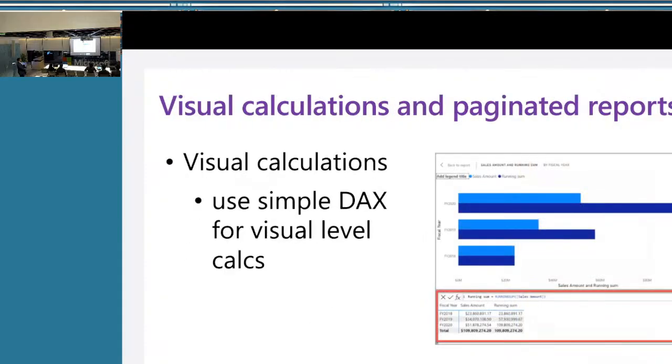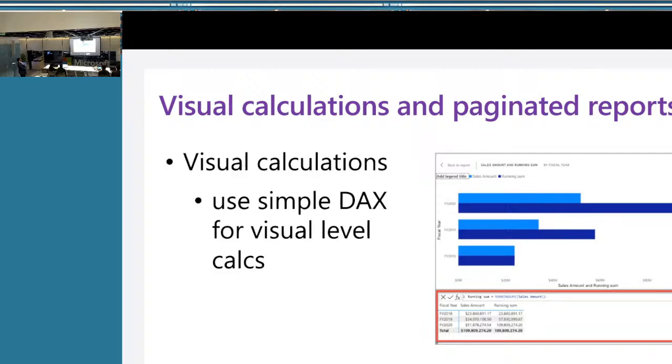And then you also have this concept of visual calculations, which is a newer thing. Sometimes you want to format a visual based on some DAX conditions, and instead of saving this DAX in your model, you want it to just live in your visual. You can do that in visual calculations. You won't be exploring this in the lab, and it's still a preview feature, but it's good to know.